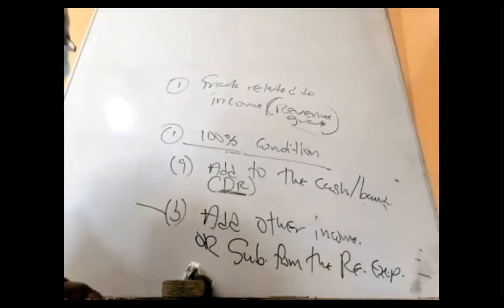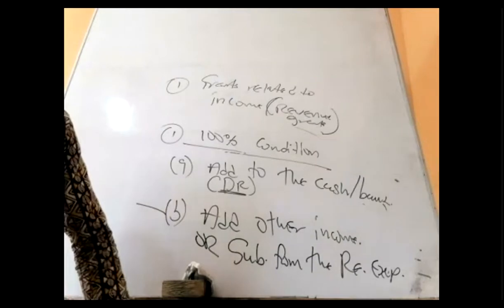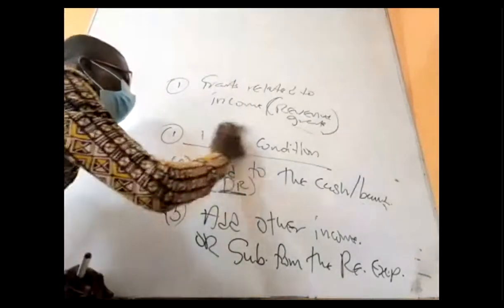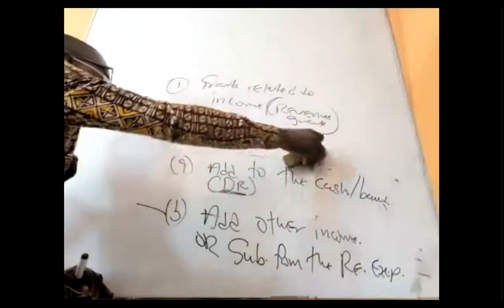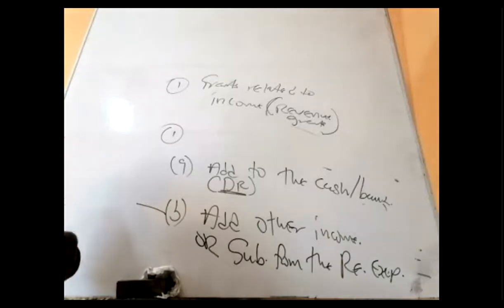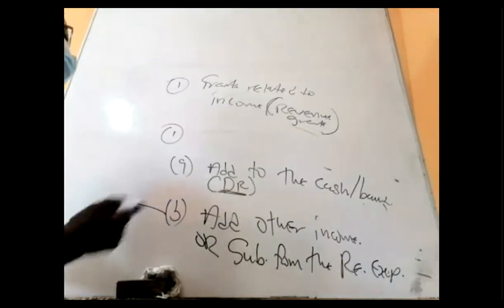Now let's go to the second one, where the condition has not been fulfilled. In that case, in fact, they will even attempt to give you the money ahead of time. Where you have not fulfilled the condition, where the condition is satisfied on a gradual basis, bit by bit. So where 100% of the condition has not been fulfilled,